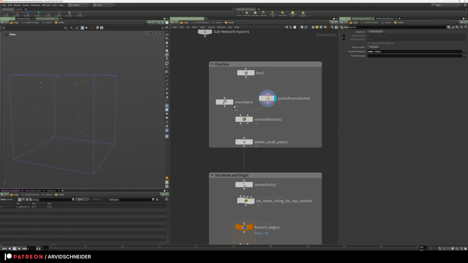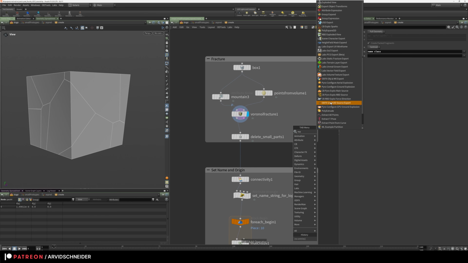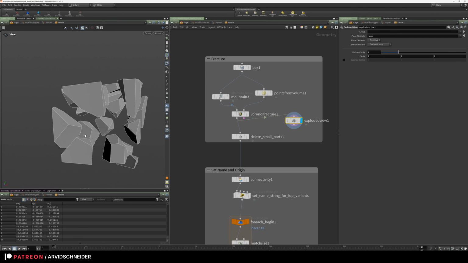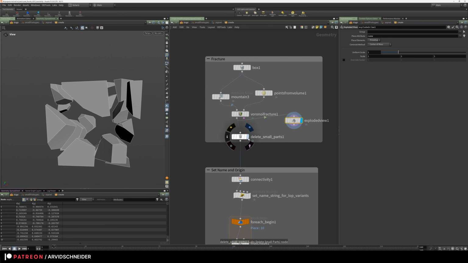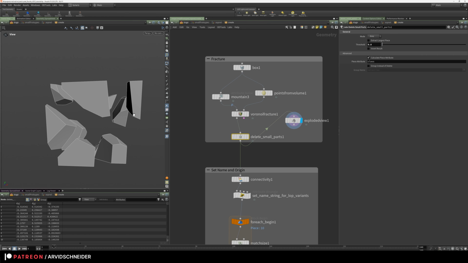Then I use a Voronoi fracture on the amount, so I'm just skewing off the surface a little bit. You can see already we've got these fracture pieces. I can use the exploded view, and then you can see this is now my frac pieces. And then I'm deleting smaller ones. So you can see now if I do the exploded view from here, I'm just deleting small pieces just to